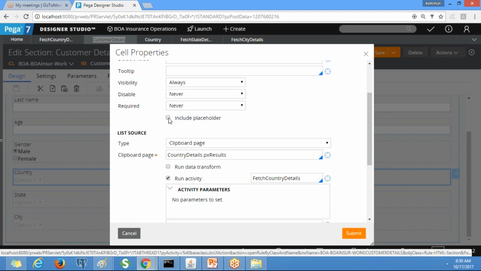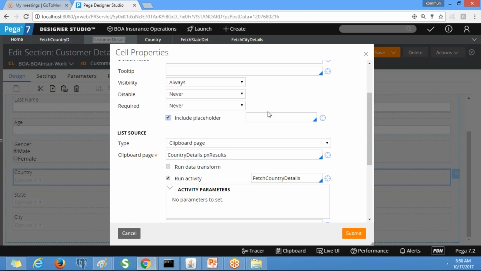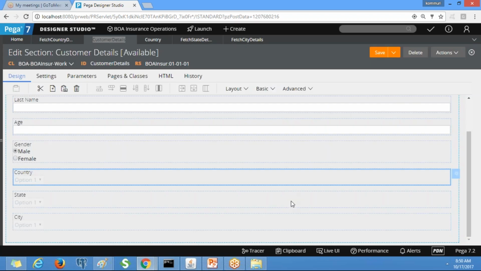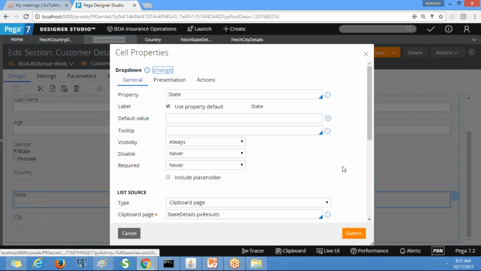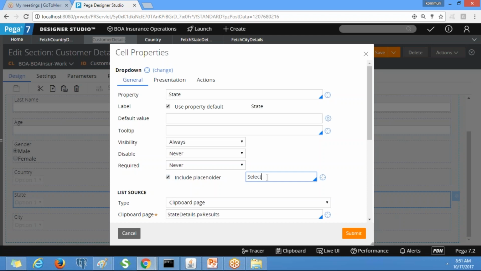Here we have an option, include placeholder. Similarly, you provide the placeholder for state and city.